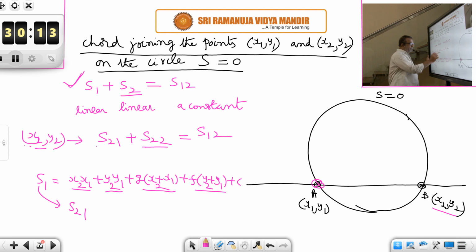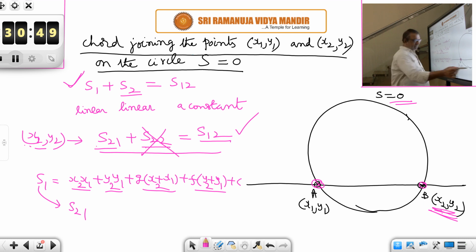But S22 is what? Completely substituting the point x2, y2 in the equation of this circle. Because the point is on the circle, if you substitute it in the equation, you will get 0. So S22 will be 0. And you know that S12 and S21 are equal also. In the notation page itself, I have written that S12, S21 are equal. S12 starts with x1, x2 plus y1, y2, whereas S21 starts with x2, x1 plus y2, y1. So both are the same. That means the point x2, y2 is also satisfying the equation.